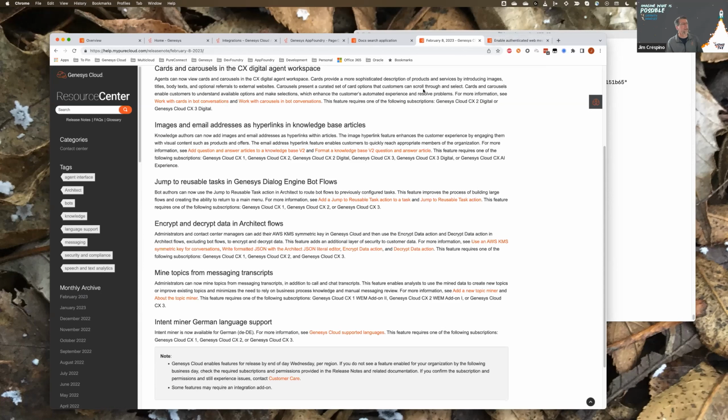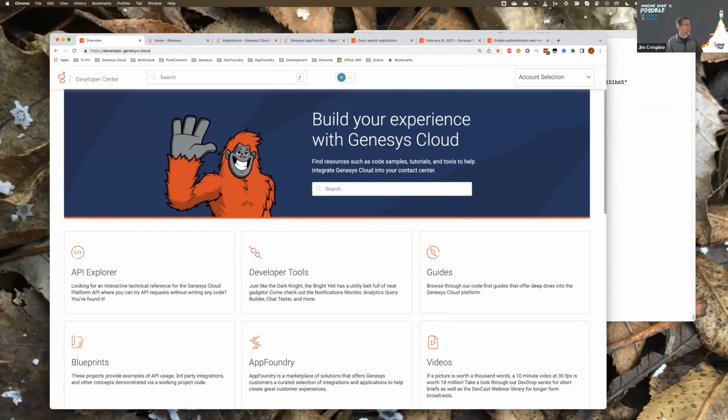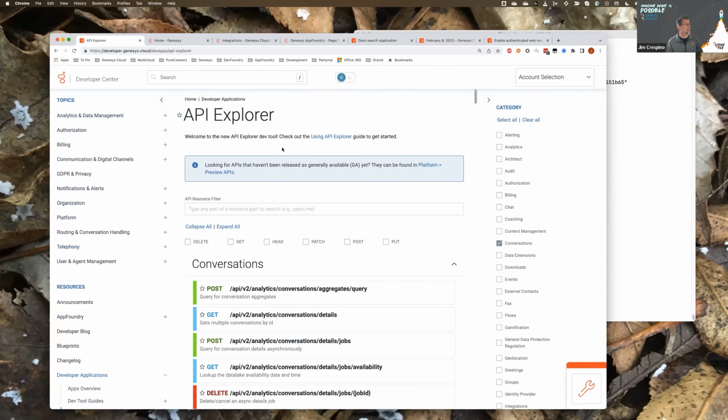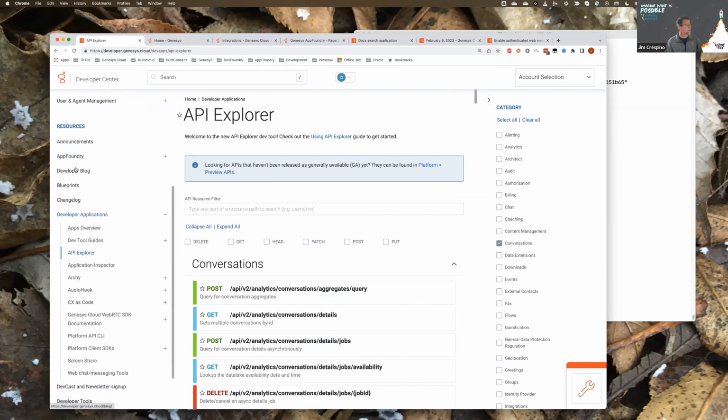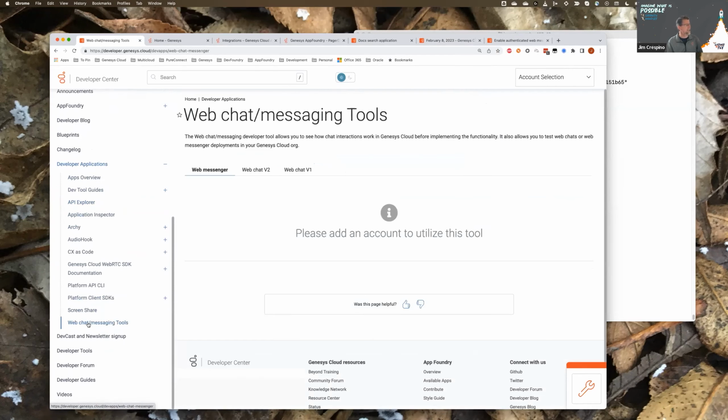I've shown you some docs on the resource center, but if you go to the developer center and click on one of these to get to this view, go down to the bottom, and under resources, under developer applications, there's web chat and messaging tools. So we've wrapped up web chat and web messaging.